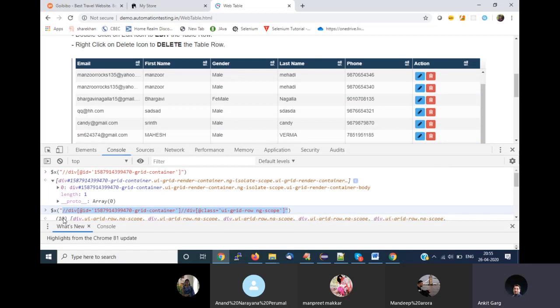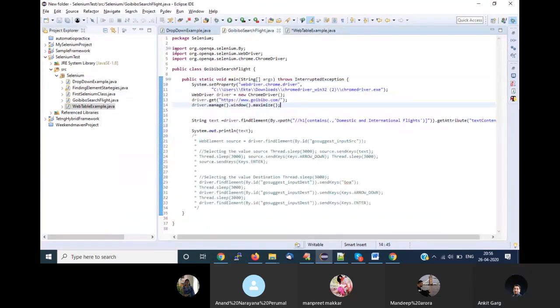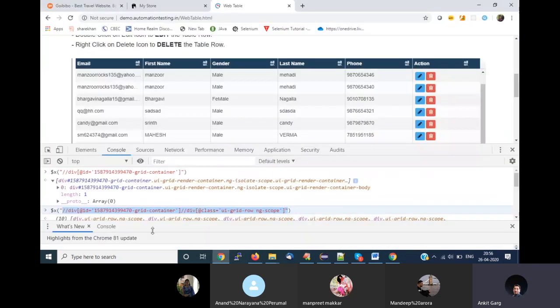And in find elements, you have a method directly, dot size, which we have just discussed while doing the drop down example. There is a method size, which can give you the size. So you will get the 10 as a count in your Selenium also. That's one operation that you can use.